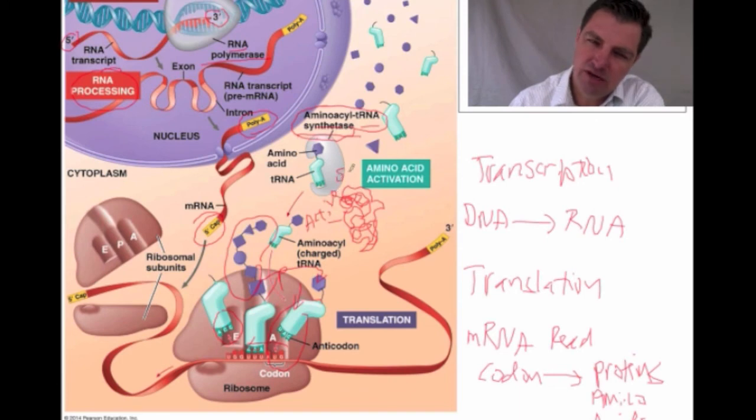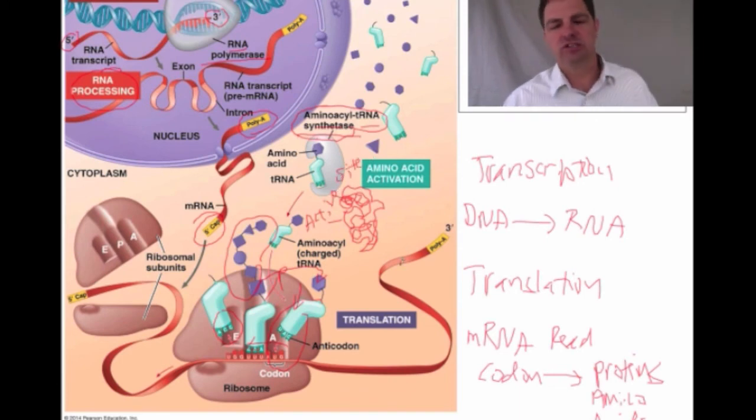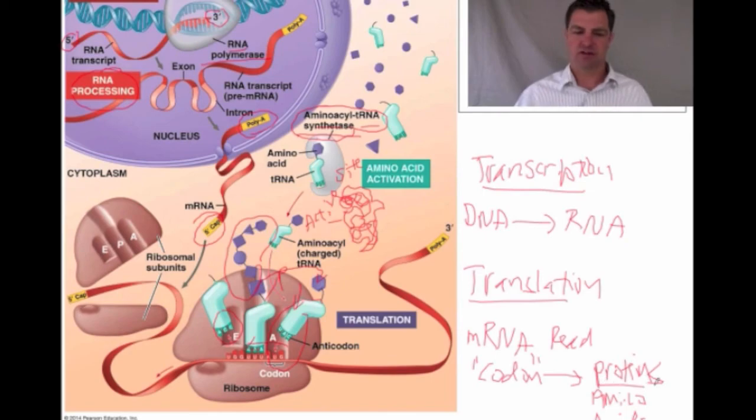If you remember, we talked about that before. And so if you have an error in the DNA which messes up the mRNA, which gives you a different sequence of mRNA and therefore different amino acids, this isn't going to fold up in the correct way, and it's not going to work properly. Okay? So again, this is transcription and translation. This is where you take DNA, copy it into RNA, then you use the RNA after you've edited it, and you read it in sections of 3, which are called codons, and you use that to make proteins.